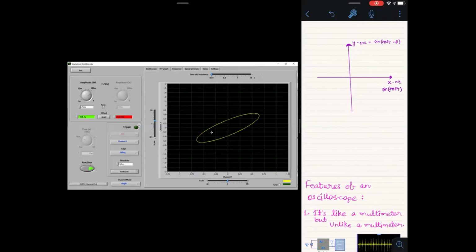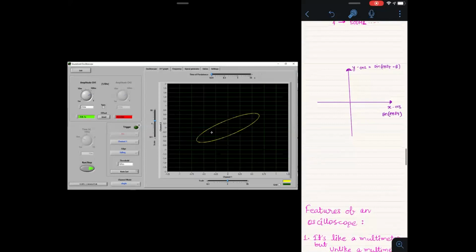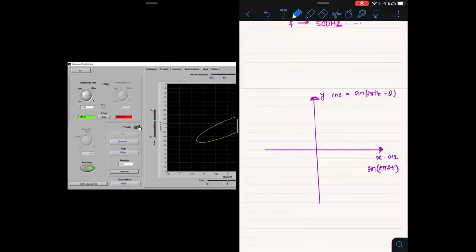So basically, if you do not have any phase shifting, the waveform will look like this. Because x equals y, you won't see anything else, you will see a line like this. But if you have a phase shift, an ellipse kind of thing will be made.